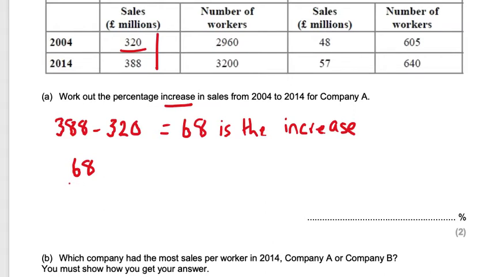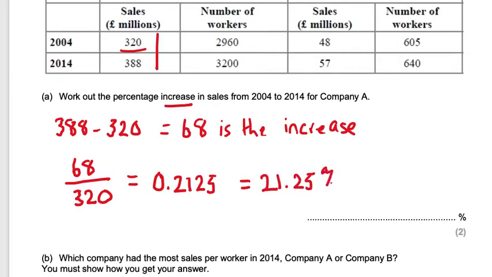Remember when we were doing the football shirt example, we were always looking at the original amount. So this is 320. 68 divided by 320 is 0.2125, which as a percentage you multiply by 100, which gives you